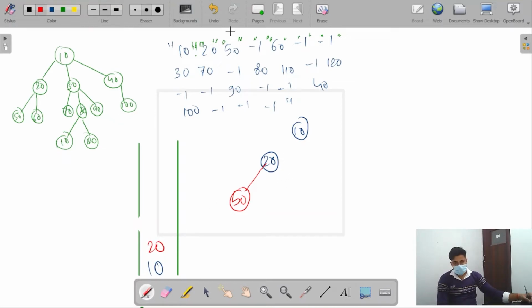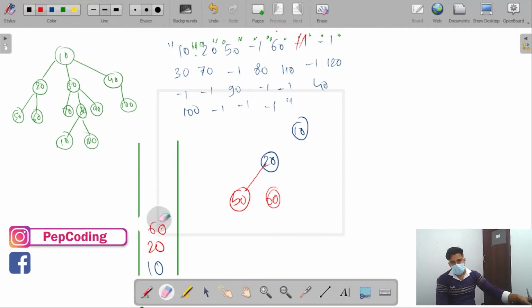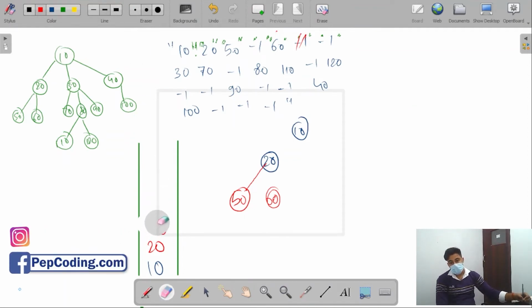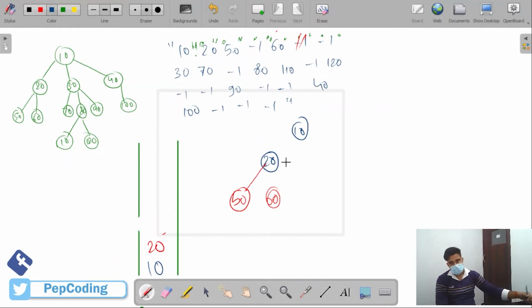Moving forward, now let's move on to the 60. This is a normal value, so I'll create its node and add it to the stack. After creating this node, I get this null value, or delimiter, that is -1. I'll remove that node, the 60, from the stack and update its link with the top of the stack, that is 20.